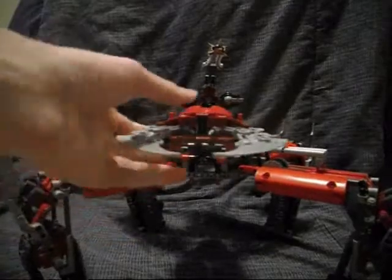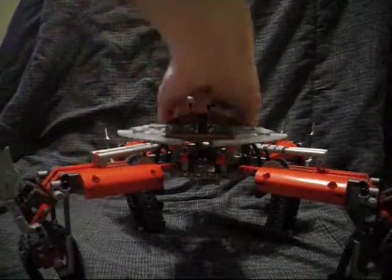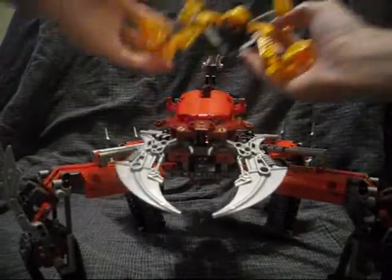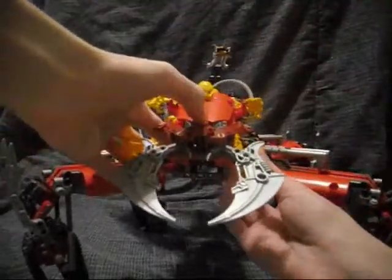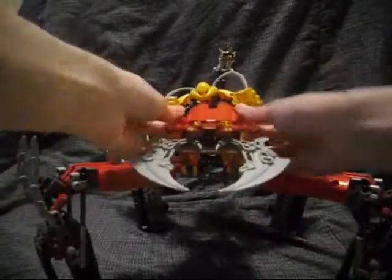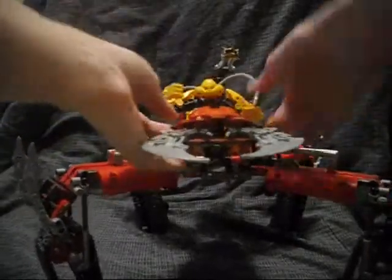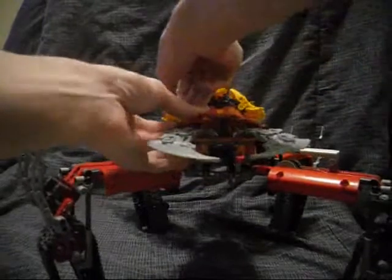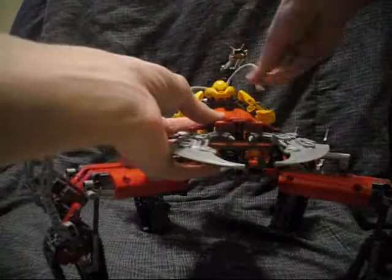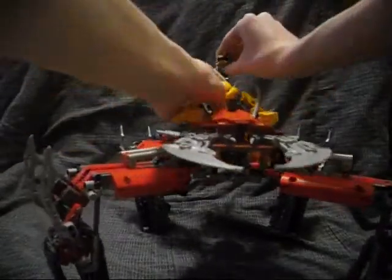The Bionicle Wiki says it kind of looks a bit skinny at some angles, since there is this hollow place here. So they put Telluris on to fill in that gap, which may explain why you may see some yellow pieces on the Scopio. And if you look very closely on the back, you can easily see what looks like Telluris. However, he was added onto the back of the Scopio's body as part of the Scopio's body,